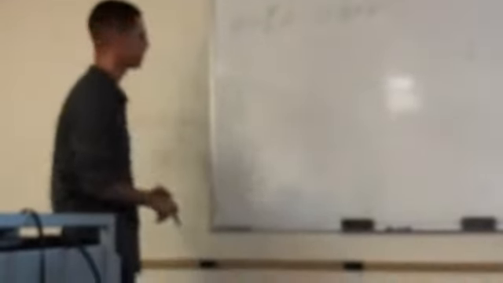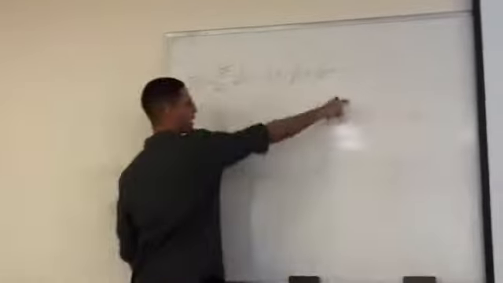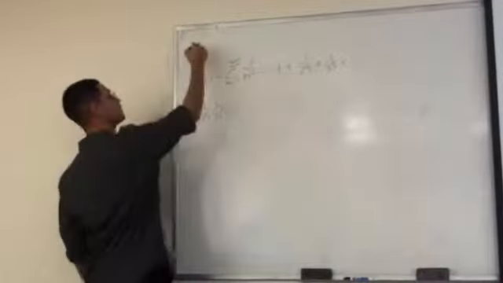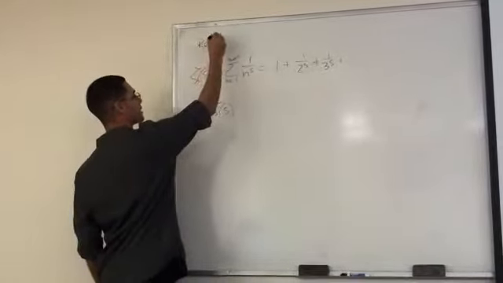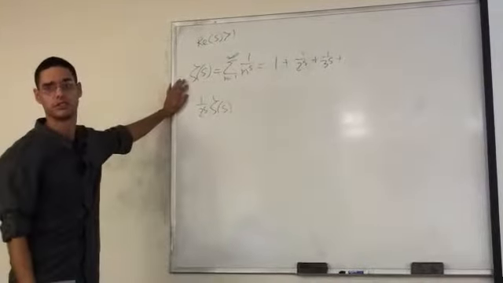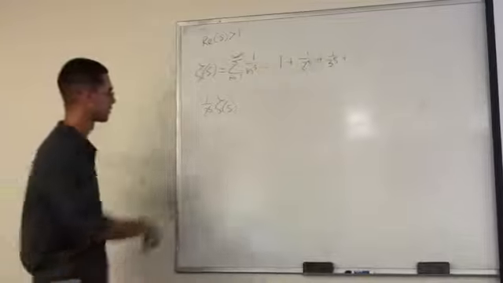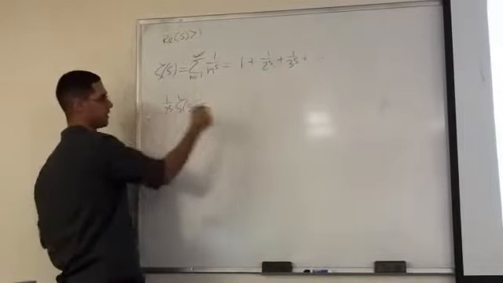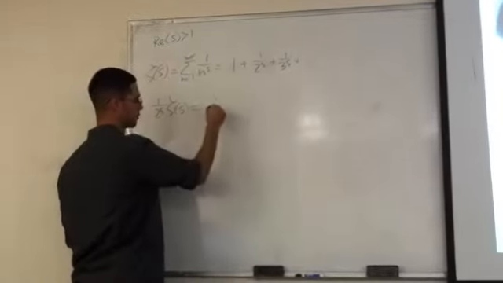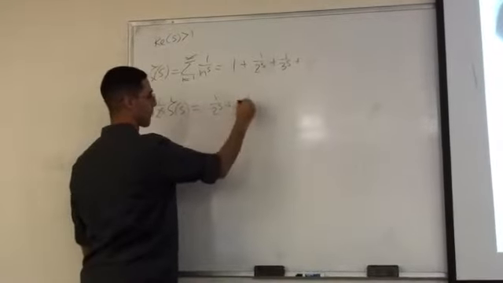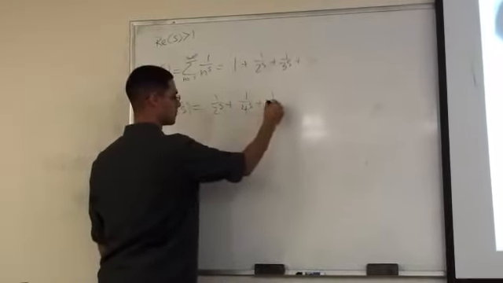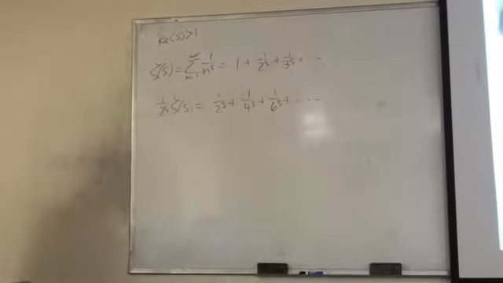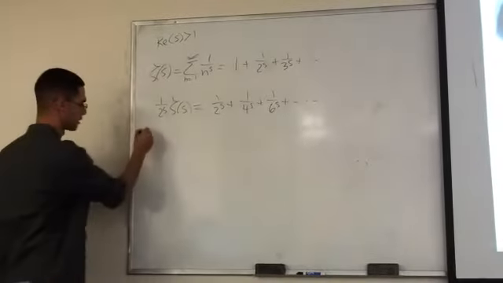What I'm going to do is multiply this whole thing by 1 over 2 to the s. So 1 over 2 to the s times zeta of s. Supposing that the real part of s is greater than 1, then zeta is absolutely convergent. So once we have absolute convergence, we can do whatever we want. We multiply zeta times 1 over 2 to the s, and 1 over 2 to the s times 1 is just 1 over 2 to the s. Basically, it's just going to double every number: 4, 6, plus dot, dot, dot. And then we're going to subtract this line from that line. So we're going to do zeta of s